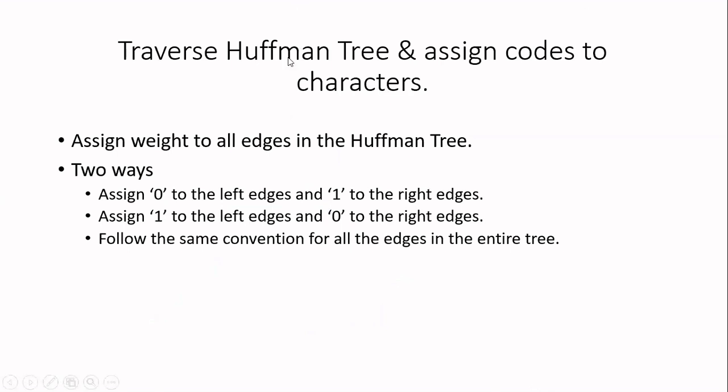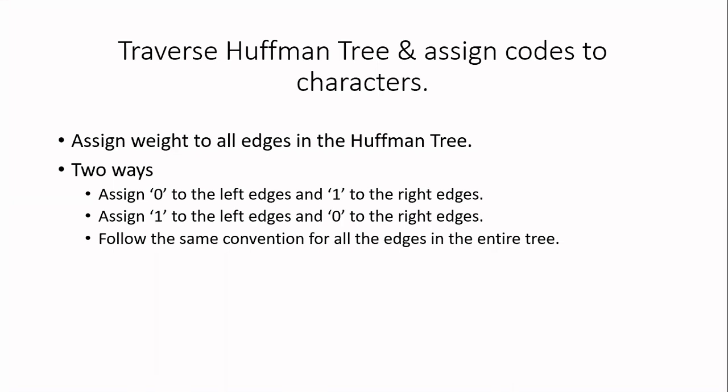So for that, we have to traverse the Huffman tree to find the final codes. In this process, for all the edges we have in the Huffman tree, we are going to assign weights. So what are the two weights we are going to assign? Every node is going to have only two outgoing edges, because it is a binary tree, and every node will have at most two children. So to one edge, you assign a value of 0, and to the other edge, you assign a value of 1. Because we have two edges, binary numbers are enough. So I am choosing 0 and 1.